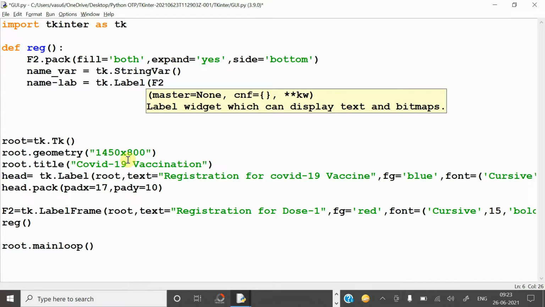It should be under the frame F2. It should not be under the root. It should be on the label frame I have created now. So within this frame all these components should be there. So that's why I created F2. Now text. What should be the text I am keeping here? Full name.